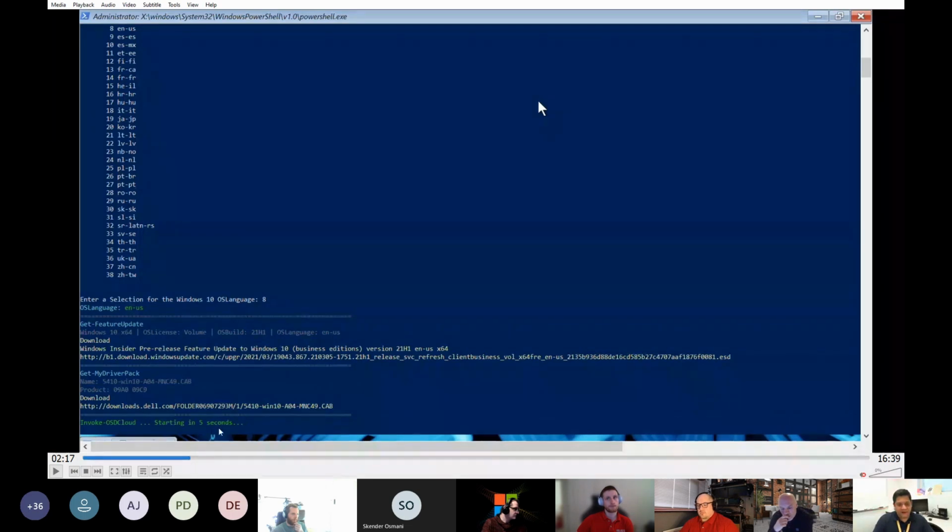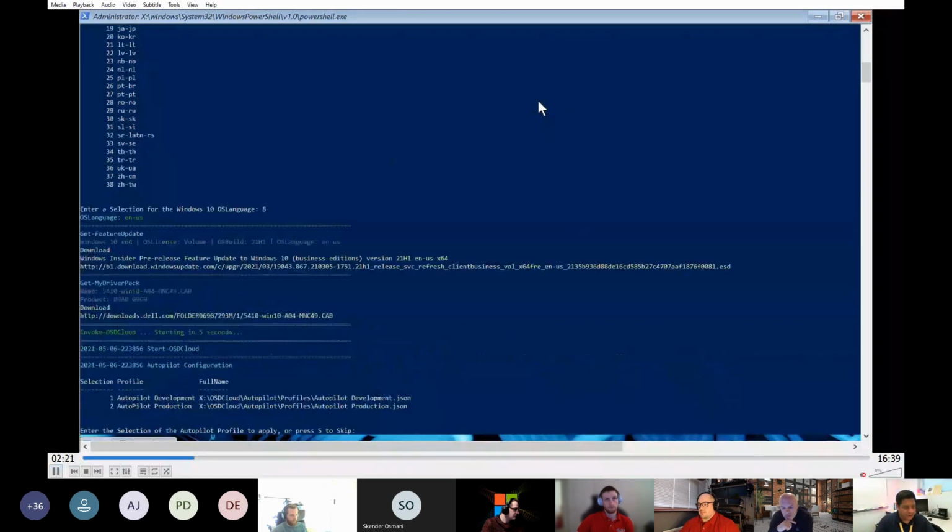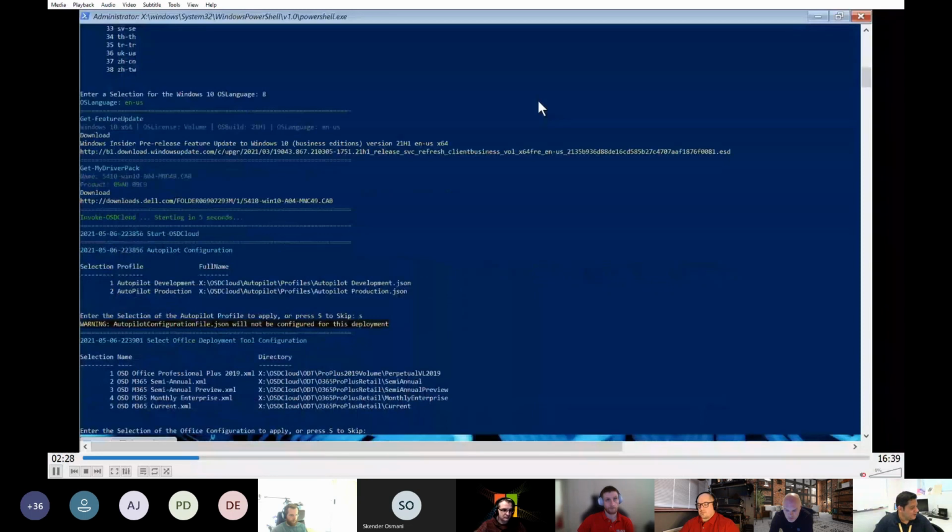So Invoke-OSDCloud is going to take all of these variables that have been set from Start-OSDCloud, and it's going to run a task. And I'll pause it here real quick.